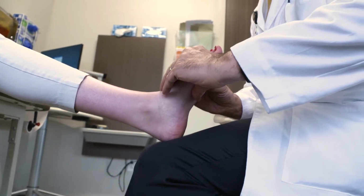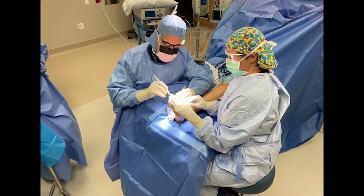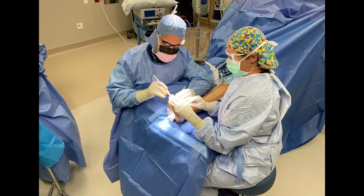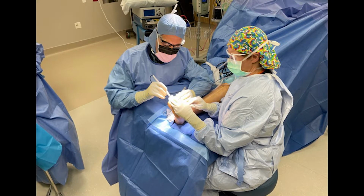Technology continues to evolve. A type of surgery we do for bunions in particular, we're pushing to do surgery through smaller incisions, which creates less soft tissue injury, hopefully less stiffness and less scarring, and quicker return to activity. So something we're really excited about is that there is a newer device that's been developed